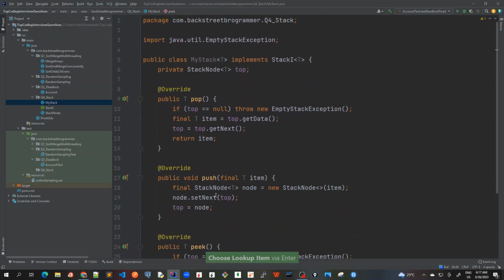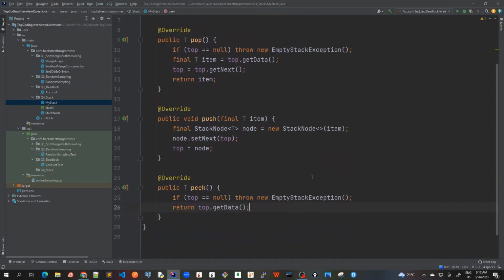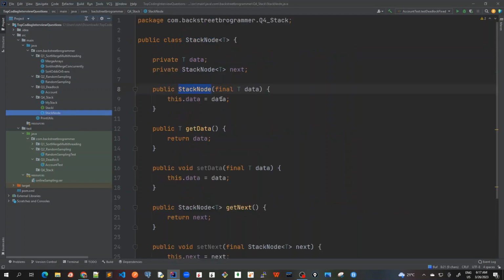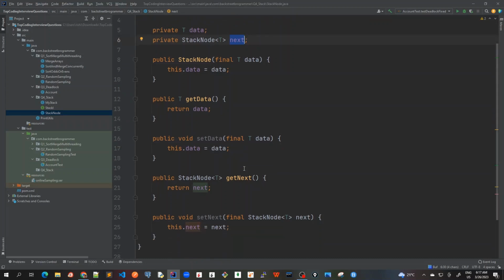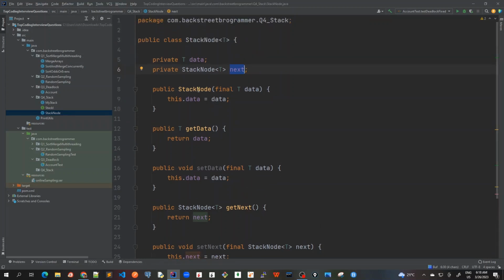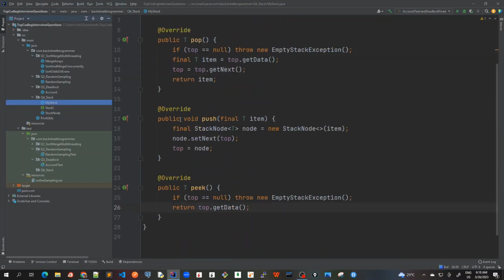Okay. So this is a very simple implementation that we have done without using any Java collection classes, which was asked for in this first implementation. We just created our stack node, which has data and a next pointer. And we have some getters and setters and a constructor. And then we implemented all these three methods as discussed. Now let's write some unit test cases to test all these operations, pop, push,